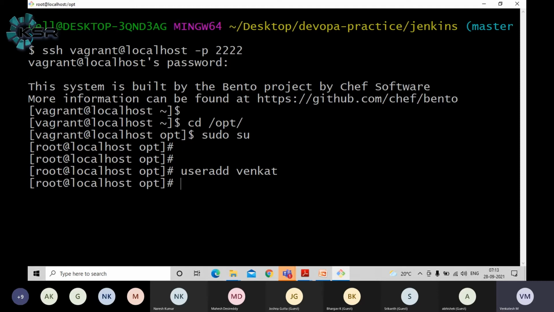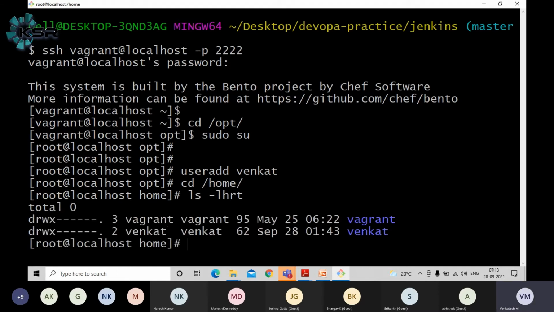Okay. When you log into a Windows machine, let's say I have my own account, Venkat user. Once you log in, you are going to see the desktop. That means by default the screen will be the desktop. In Linux, when the user logs in, by default he goes to the home directory of that particular user. Let's see. Use cd /home. By default, all the users will be hosted in /home.